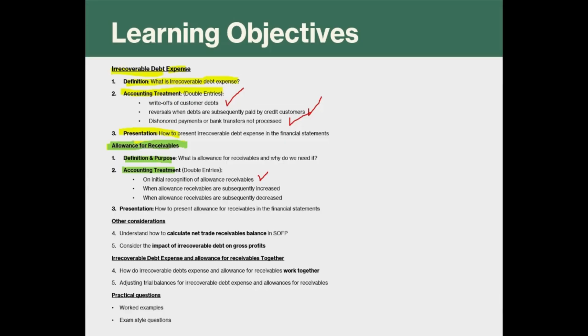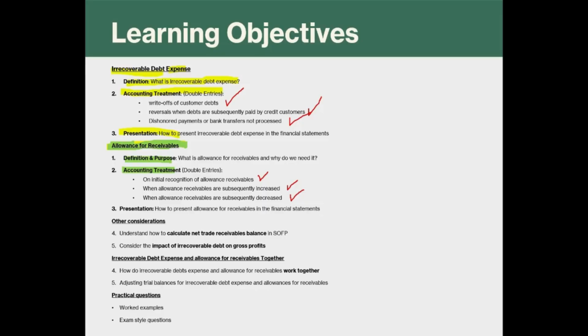Subsequent adjustments to the allowance for receivables. This is when a business revises its allowance during the year, either increasing or decreasing it. For example, a business may decide to increase its allowance because it expects more credit customers to default. The double entries will differ depending on whether the allowance is being raised or reduced, and we will work through